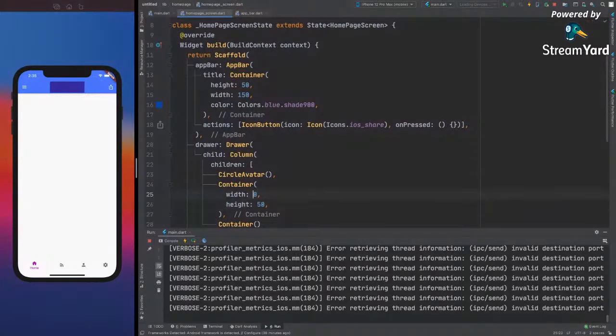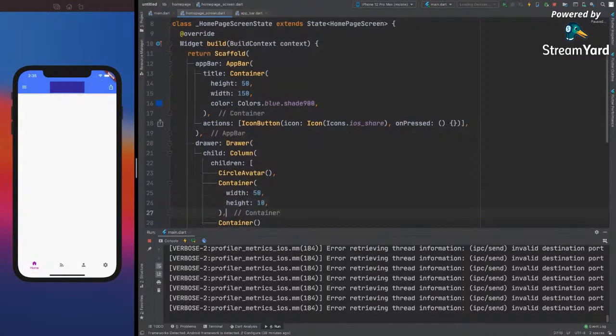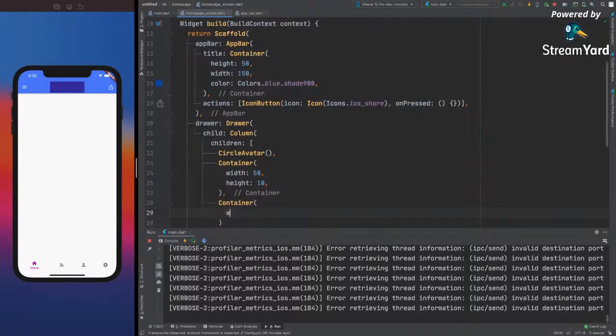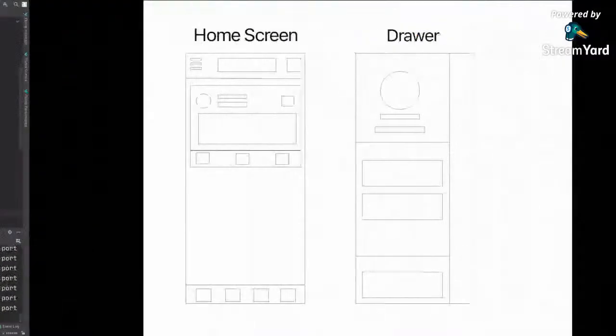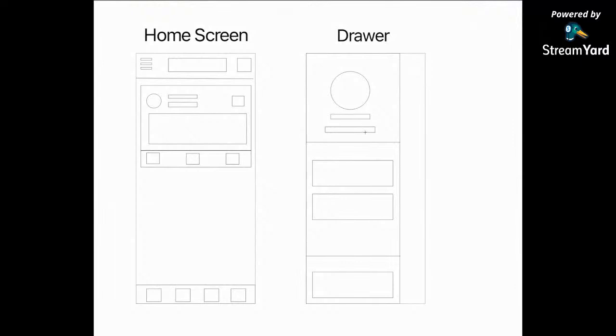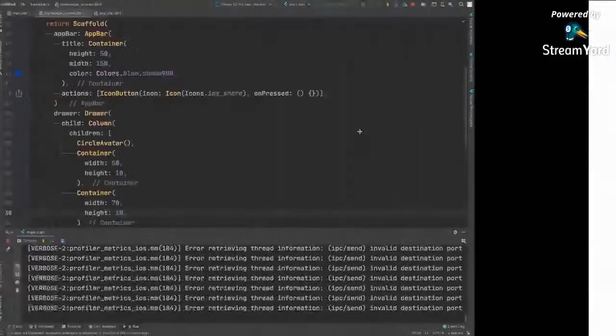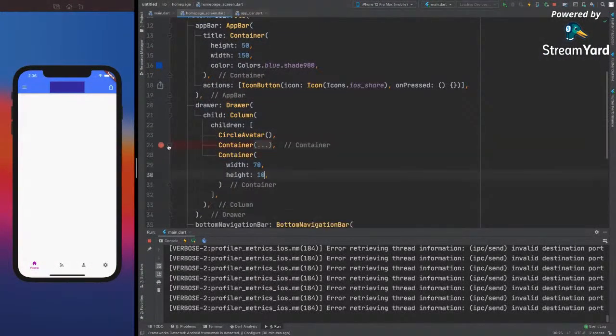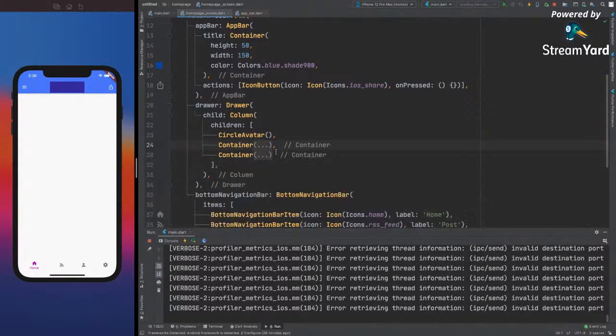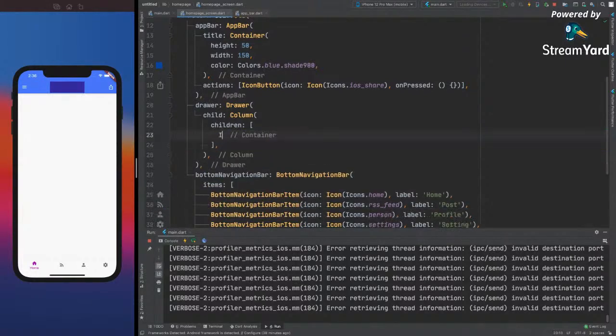Sorry, width should be 50 and height should be 10. And here width should be 70 and height should be 10, because it has some more width. Apart from this, we can also use one more thing that is provided by Flutter by default, and that is